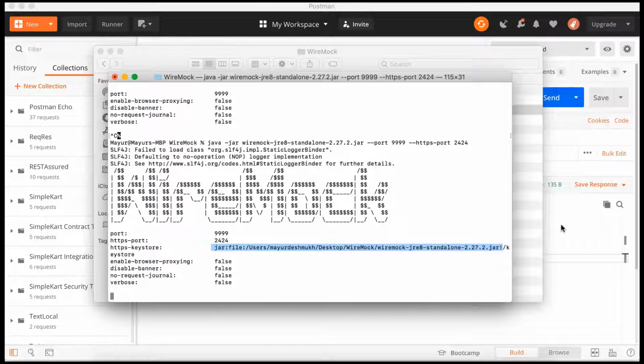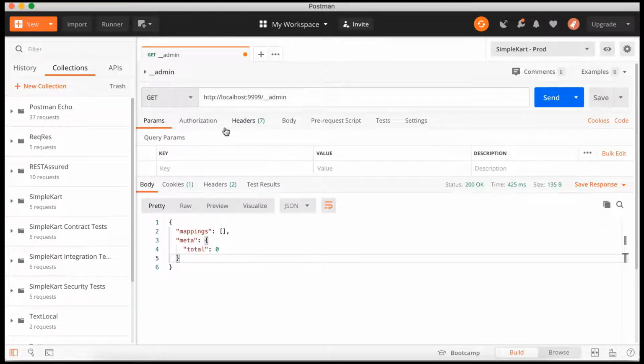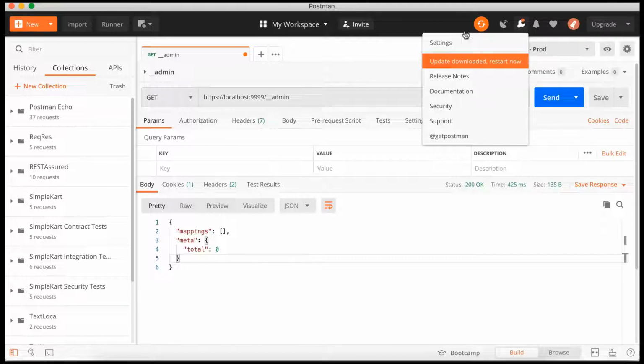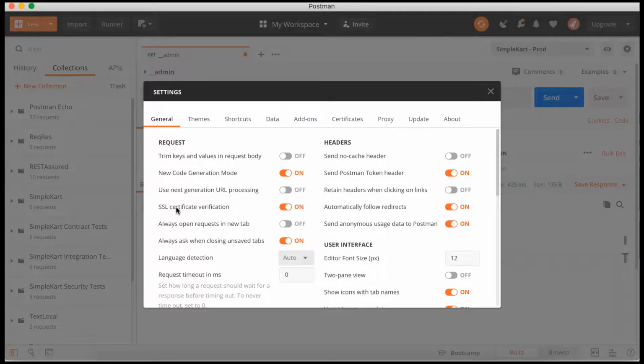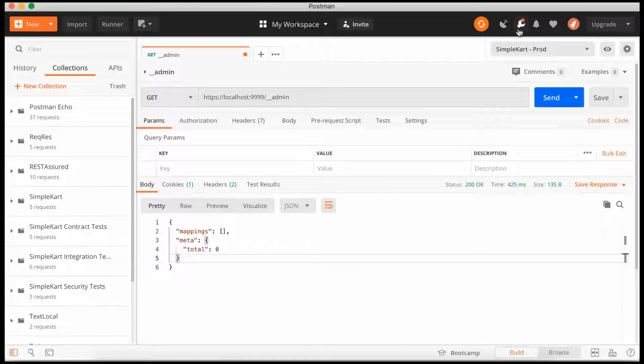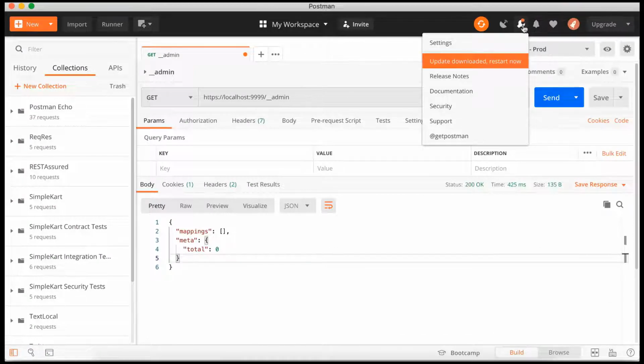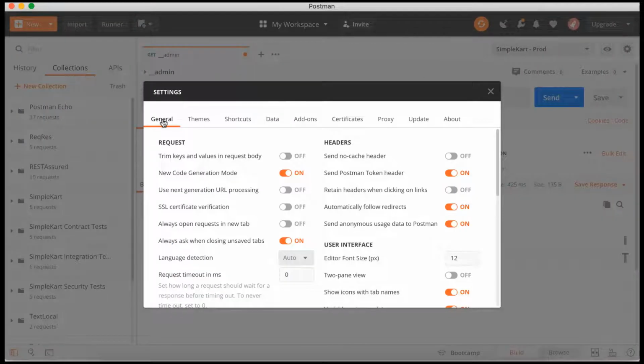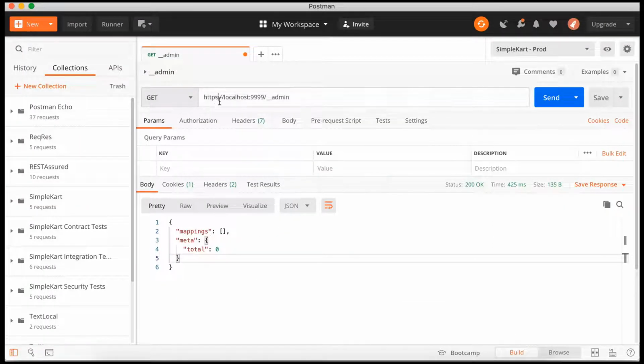But for now, what we will do is we'll simply disable this SSL certificate verification, so we don't have to worry about the key. So what I have simply done is I went to settings, then from here general settings, and over here there is something called SSL certificate verification. I switched it off. Now what we'll do is simply change this HTTP to HTTPS, then localhost,